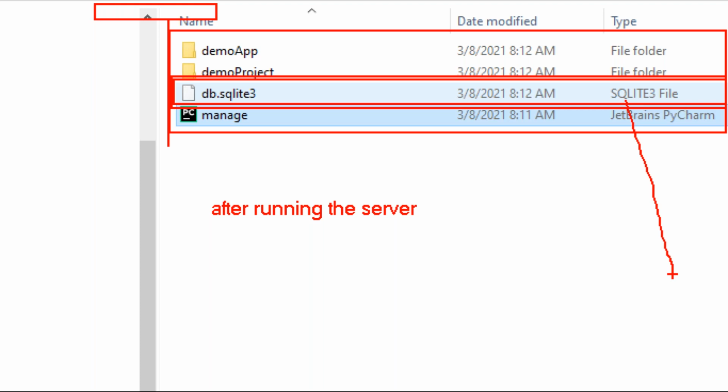I told you in the starting features: Django by default comes with one default database, which is SQLite3. There is no need of downloading it separately or installing it by yourself. This SQLite3 database automatically comes inside our project location, and all of this project's data we can store inside this database.